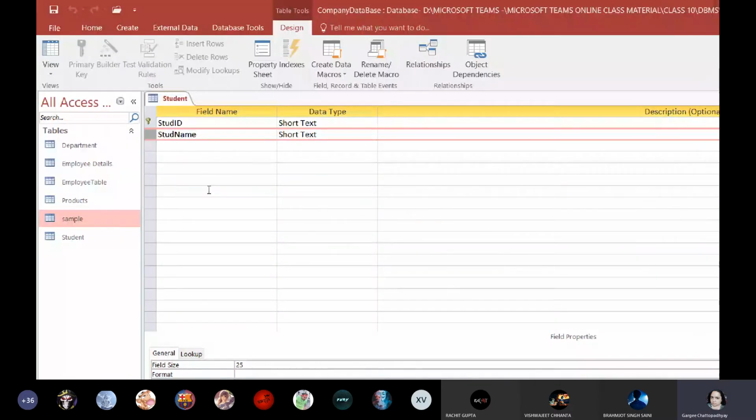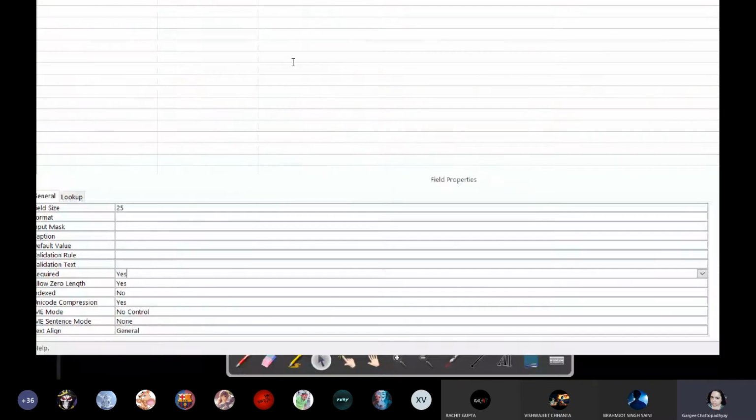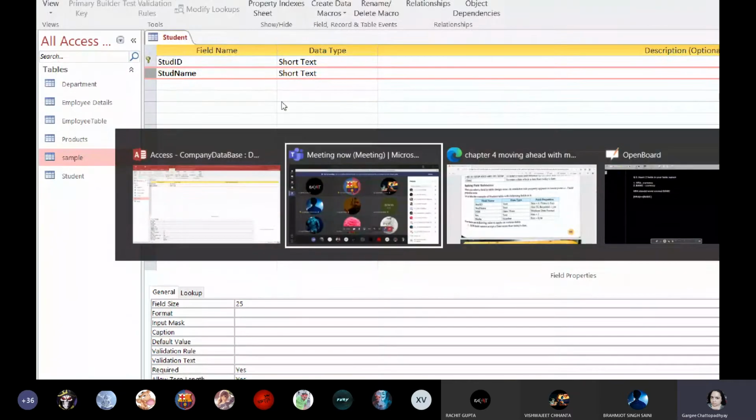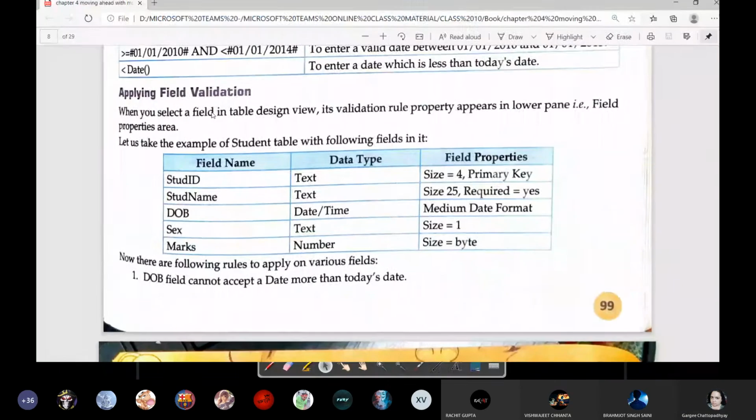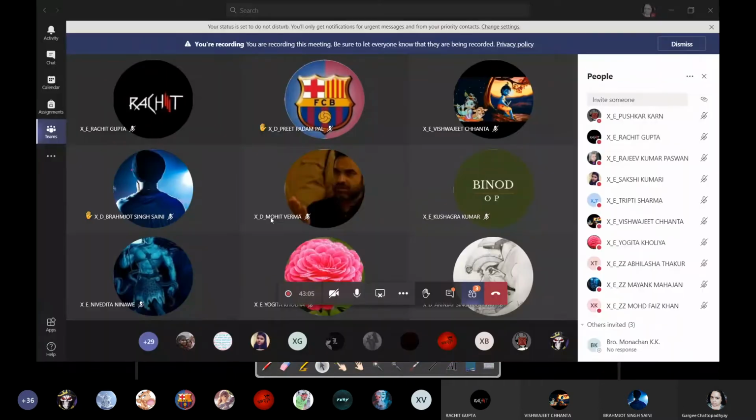Someone else, only Preet and Rachit and Brahmajot, they are answering the questions. What about others? Yes, Kushagra Kumar, can you give the answer to this one? DOB. Are you there, Kushagra Kumar?